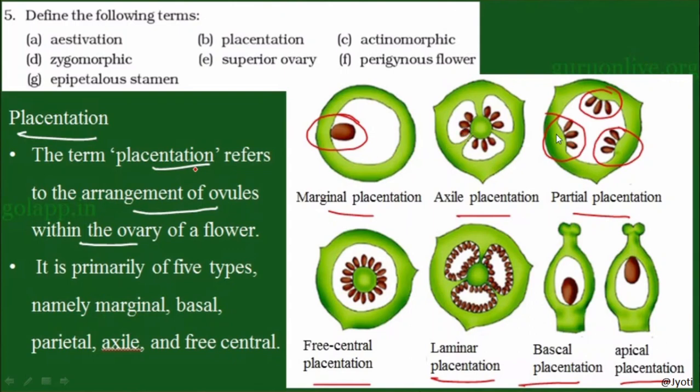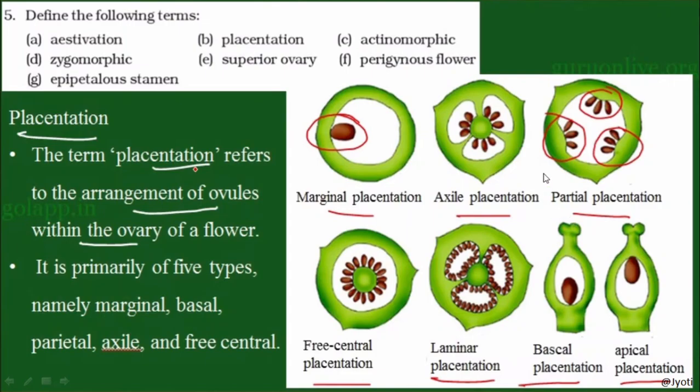So what is the difference between these two, parietal and axile? In parietal also you can see this is syncarpous, polycarpellary. But here the margin of the ovarian wall extends up to the center, and at the center it forms an axis. Such a structure is not present in parietal placentation. So there is a clear distinction of chambers in the ovary, and in the 3 chambers the ovules are arranged and developed from the axis of the ovary. So this is called axile placentation.